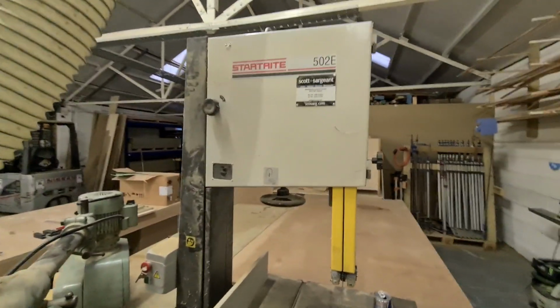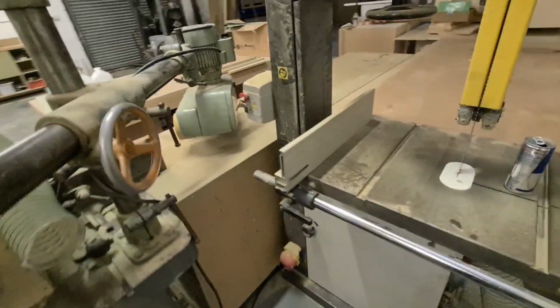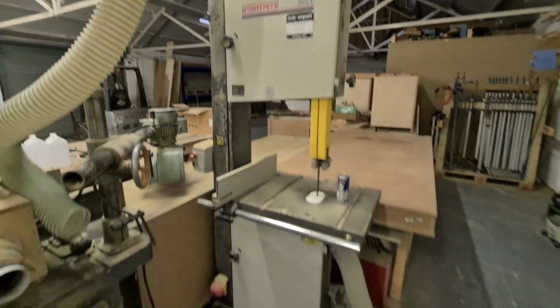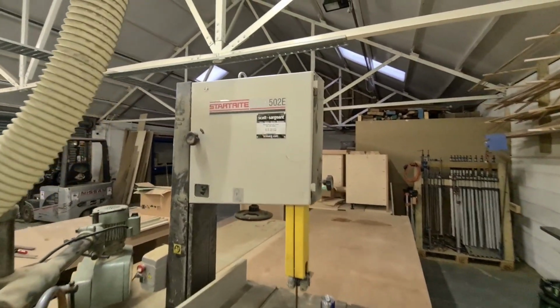This is just basically a machine we supplement some of our little jobs with. So this is from Scott & Sargent. Unfortunately, I don't really rate Scott & Sargent. They're some good machines, but the guys that work there, and I'm going to be completely honest,